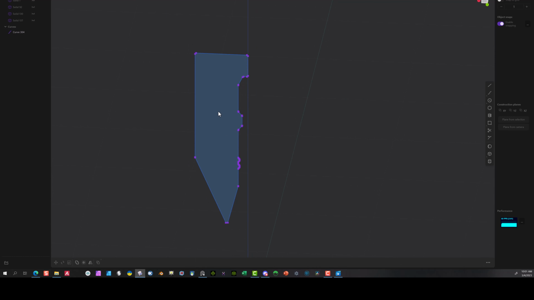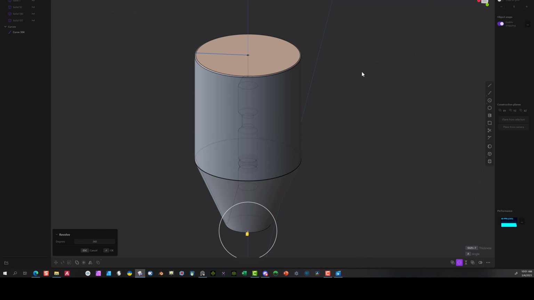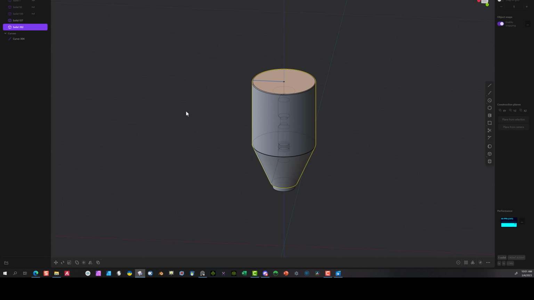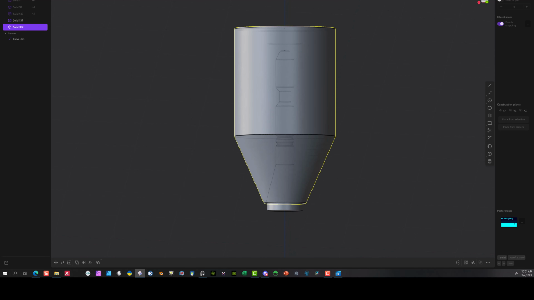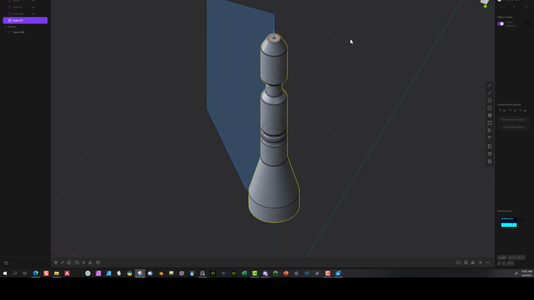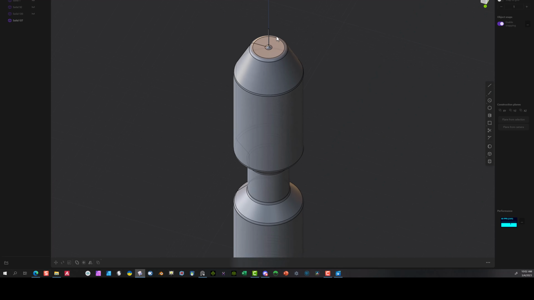Now if I select this and revolve, you can hit this and that. There we go. So that's good. You can't see what you're doing because of the ability to see. Now what you can do is go back and select this object, select this object, and we're going to do a boolean. There we go. Say OK. Cool. So now you've got a tip. And get rid of this. There we go. That's the